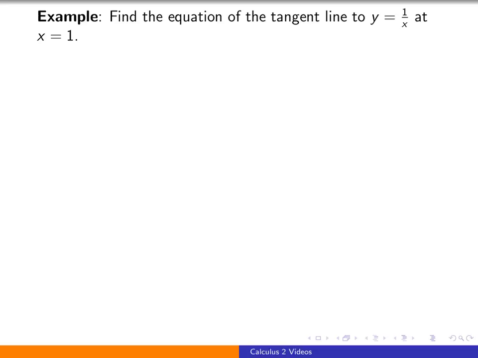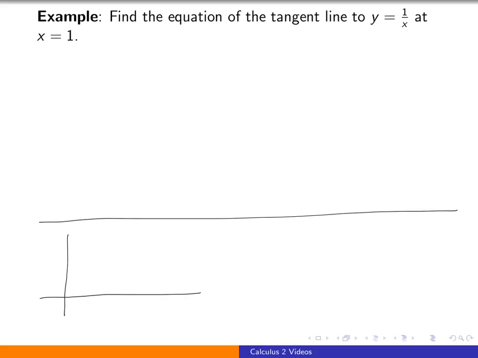In this video, we'll remind you of one of the main interpretations of the derivative. That is, it's the slope of a tangent line at a point. So, generally speaking, just as a reminder, if we were to start off with a curve, say y equals f of x,